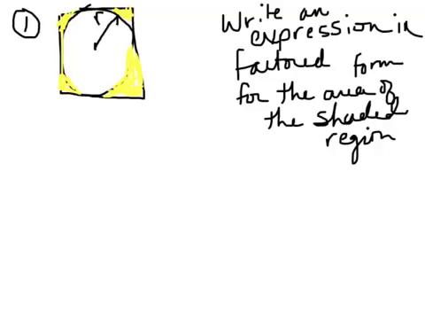Okay, so what they want us to do is write the expression in factored form for the area of the shaded region. Now you got a better picture of it in your book on page 198. But if you look at that yellow part, you think about it, isn't that, if I want to find the area of the shaded region,